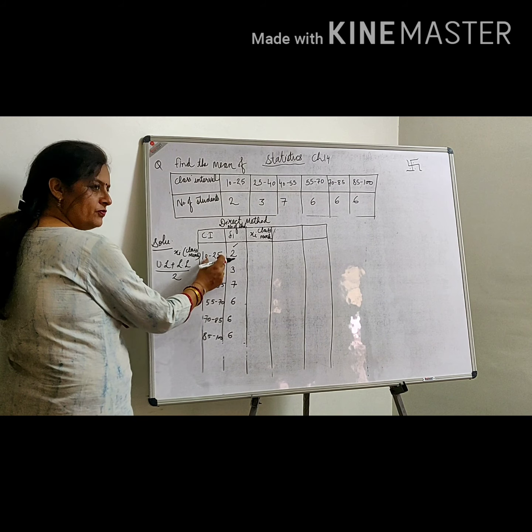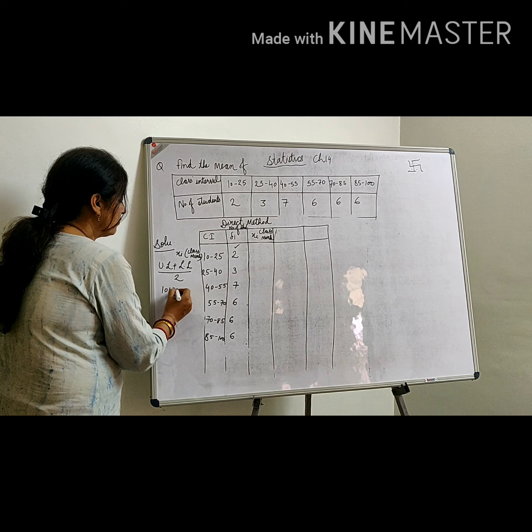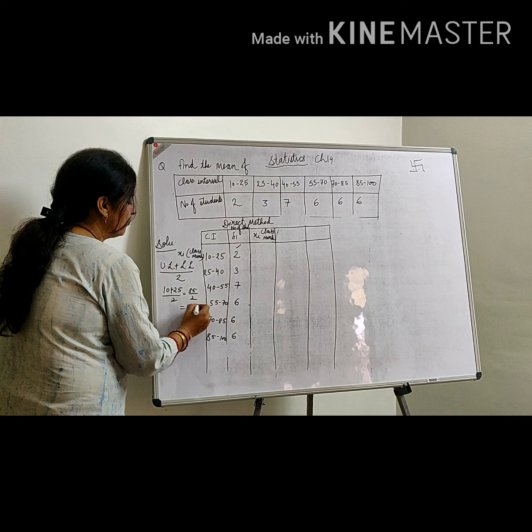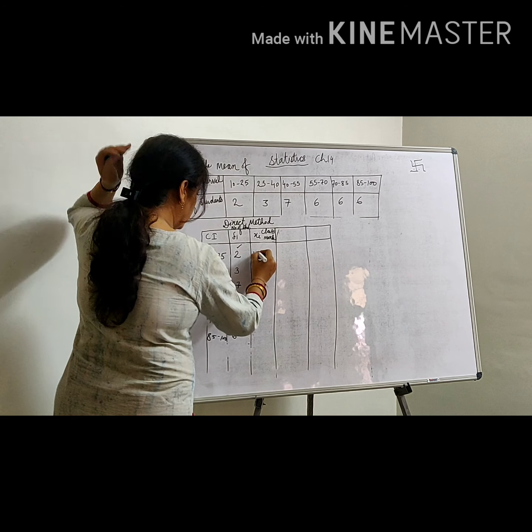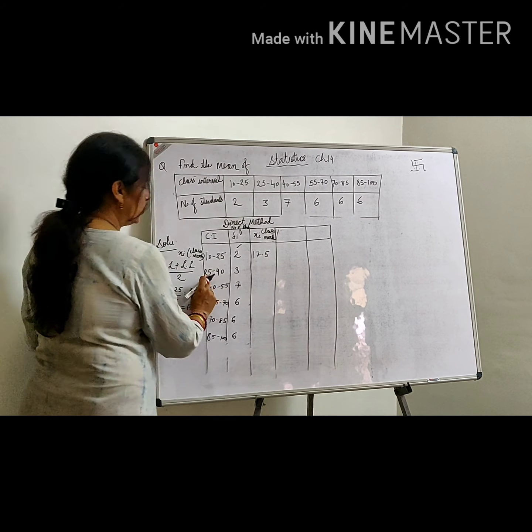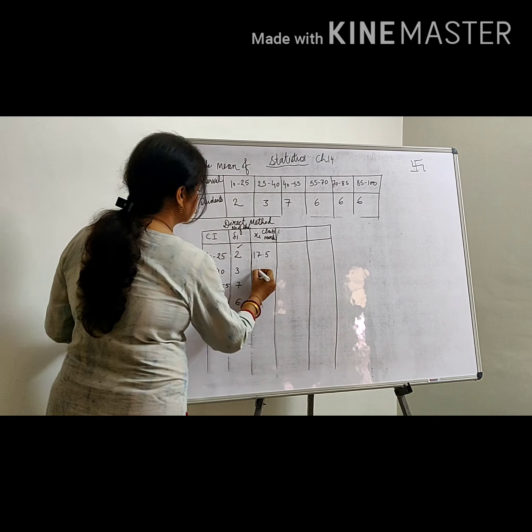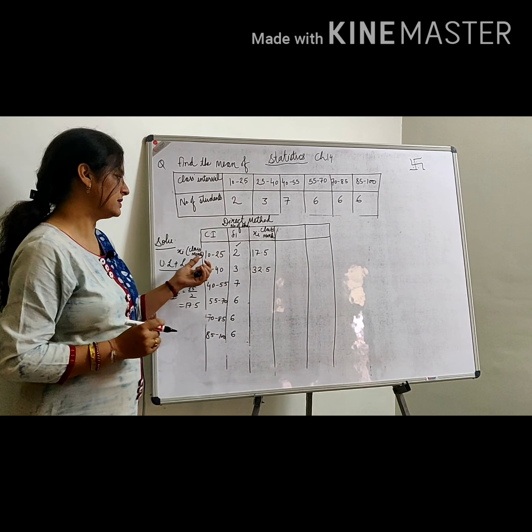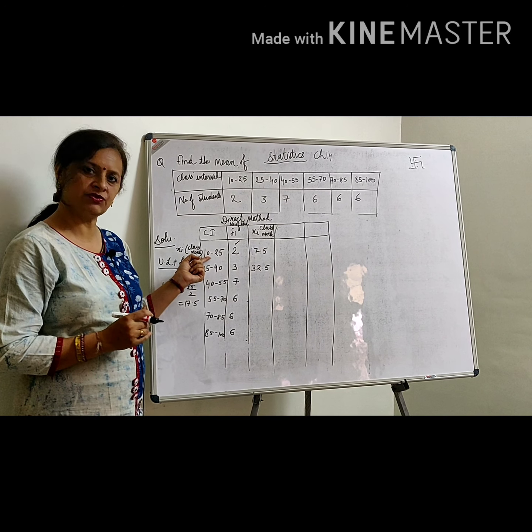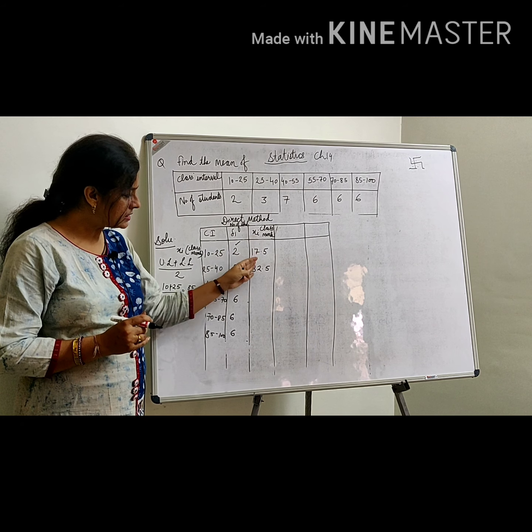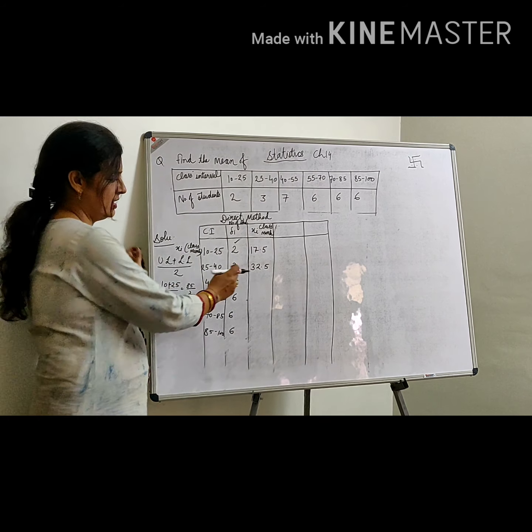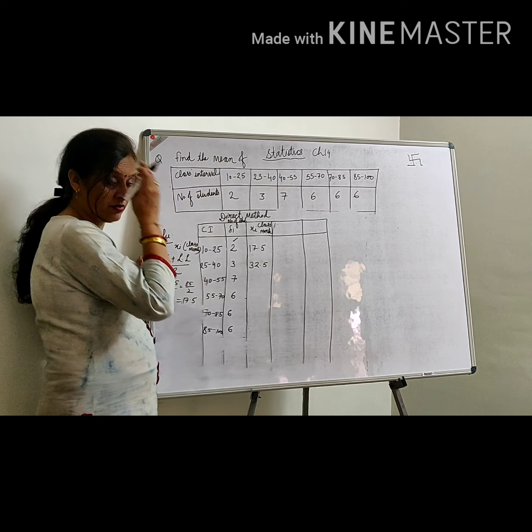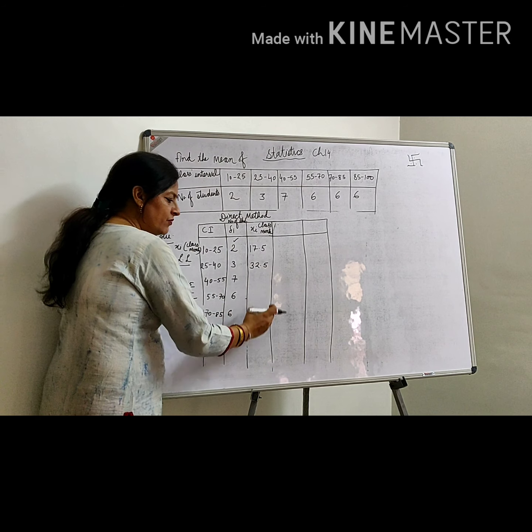So let's find the midpoint of these two numbers. 10 plus 25 divided by 2, 35 by 2, that is equal to 17.5. So your first number is 17.5. Then 25 plus 40 divided by 2 is equal to 65 divided by 2, that is 32.5. Now see, your class size is 25 minus 10, that is 15 only. So the gap in the class marks will also come as 15 only. You may check: 32.5 minus 17.5 is 15 only. So you may add 15 to each number.